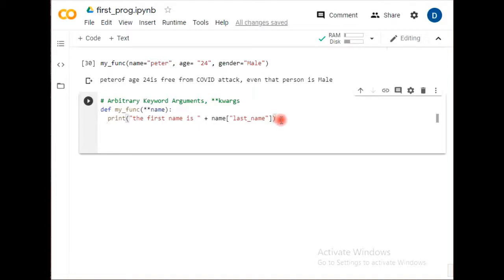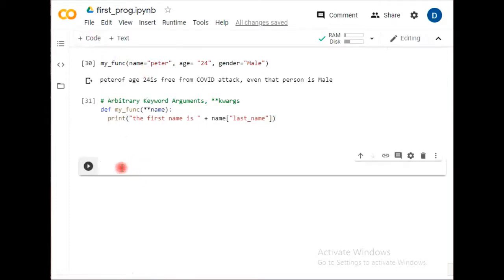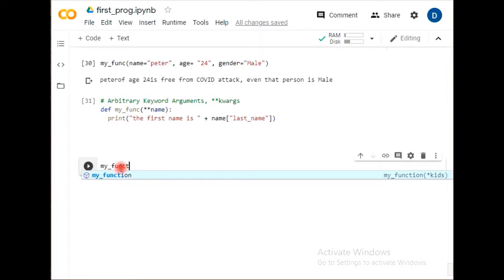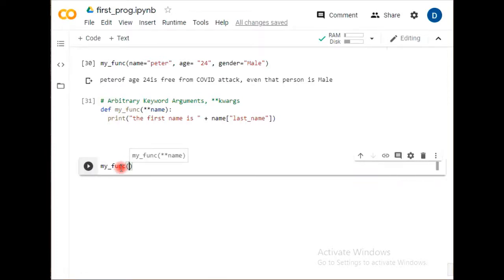So next we have another way a function can be called. This time I'm defining my function. It's my function, and I've taken basically two things, the last name and the first name.